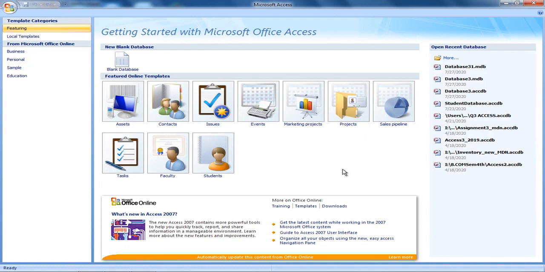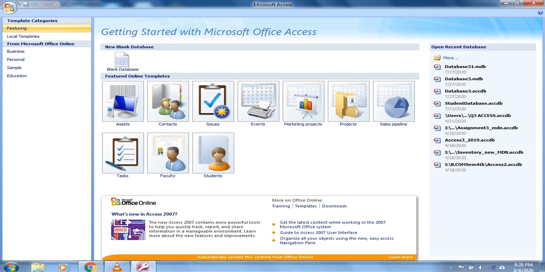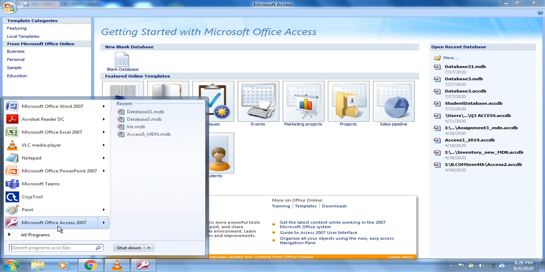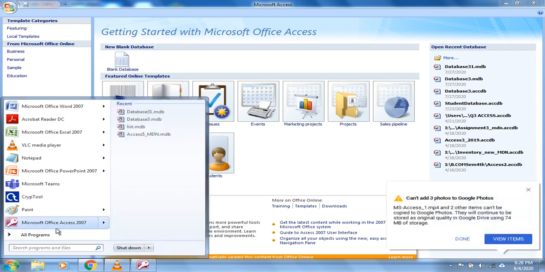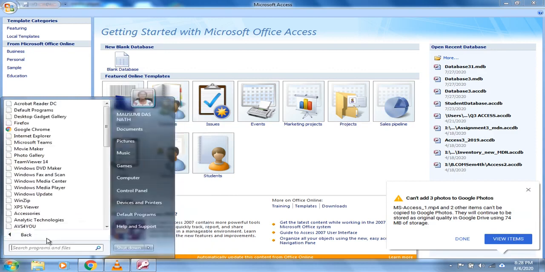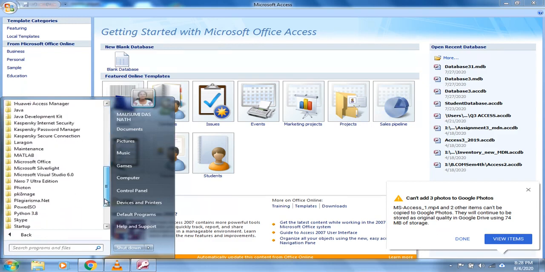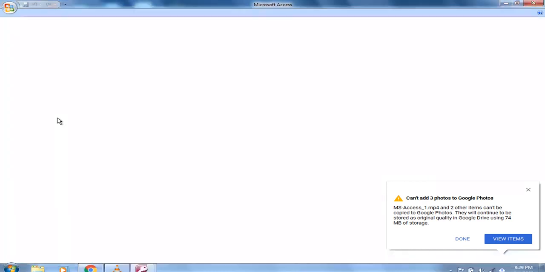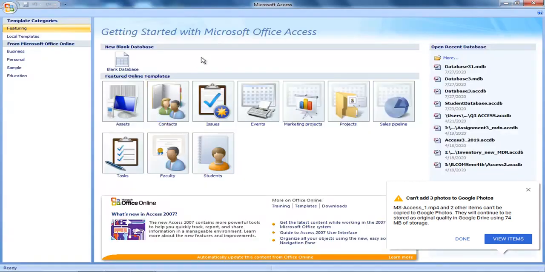Today I'm going to start with a new software called MS Access. So first of all, I go to Start. From there I click. It is already here, so I just double clicked on it. You can also go to All Programs, go to MS Office, Microsoft Office, then choose Microsoft Office Access.